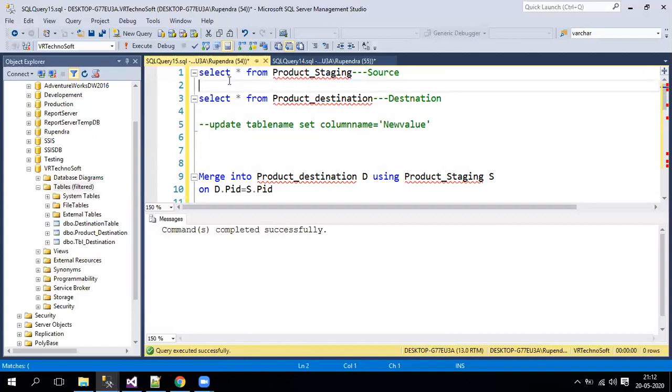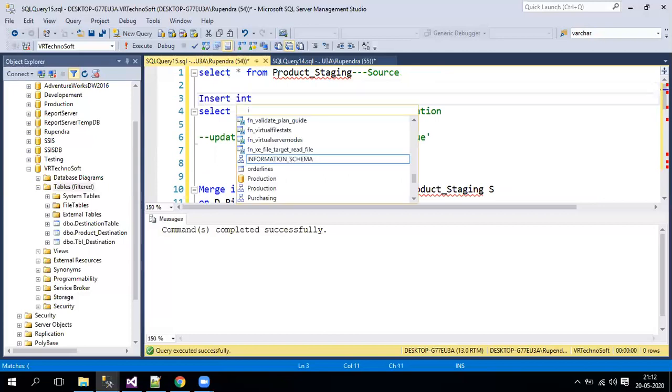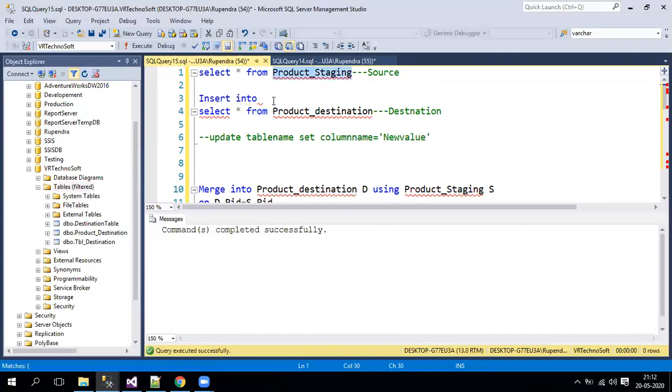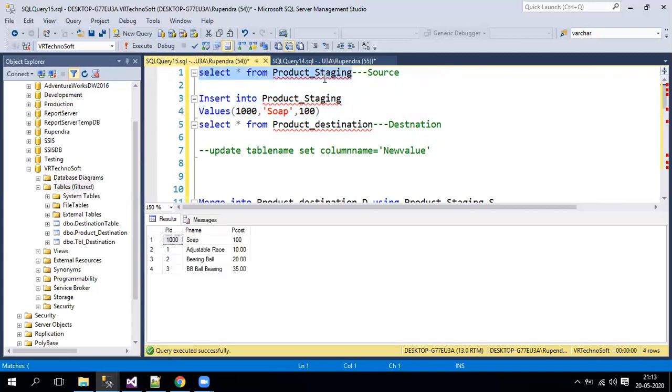So let me insert a record here: insert into the table values. I'll insert a new record, some thousand something, with some product name, and some cost as well, say 100 rupees, and we'll also try to change this value for all other products.